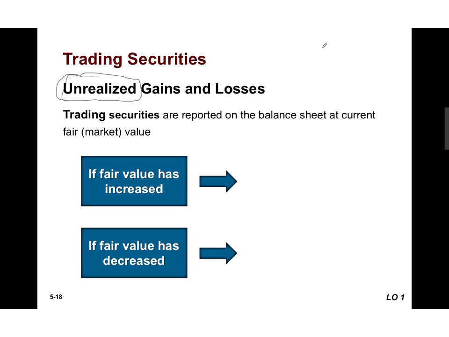So note how I have current fair value and market in parentheses. We can talk about current value, we can talk about fair value, and we can talk about market value. And for our purposes in here, those are all going to mean the same thing. That's we go to the Wall Street Journal, we look up the current market quote. So we are going to take these trading securities that we still own, and we're going to mark them up to market or mark them down to market, but we're going to record them at fair market value or at fair value.